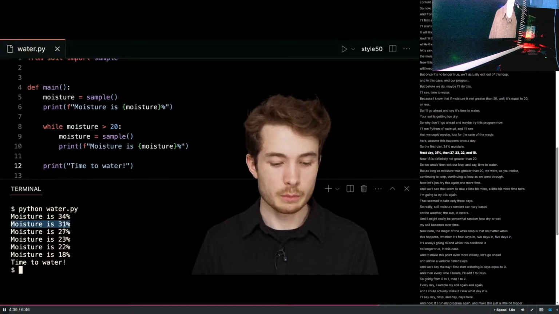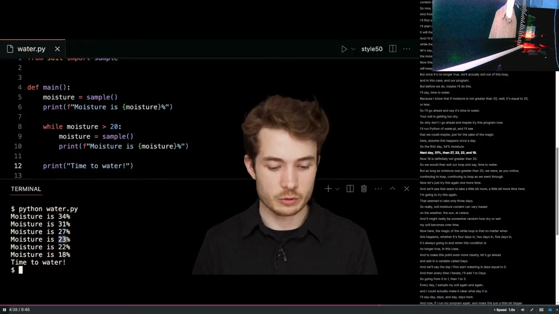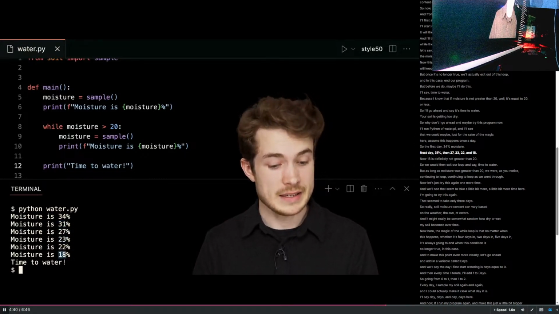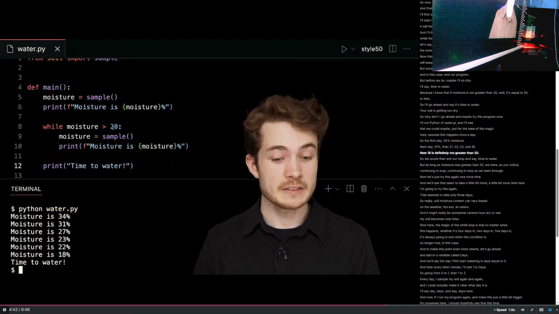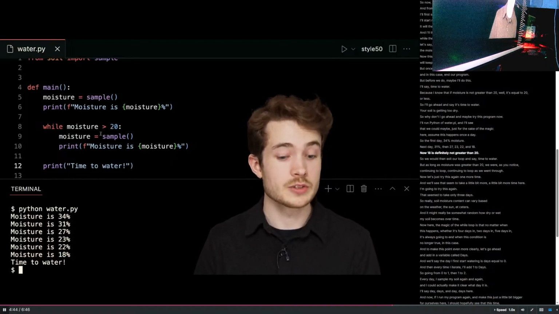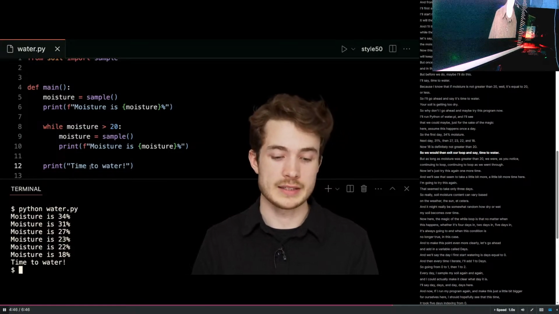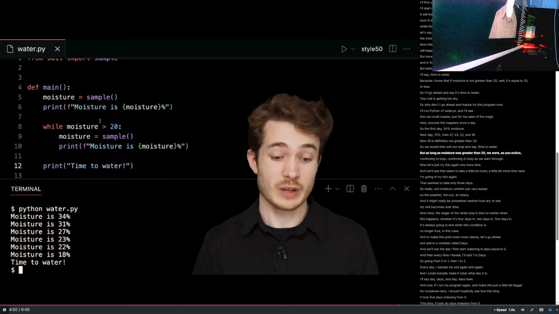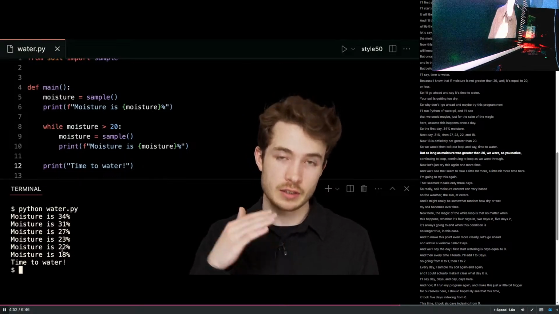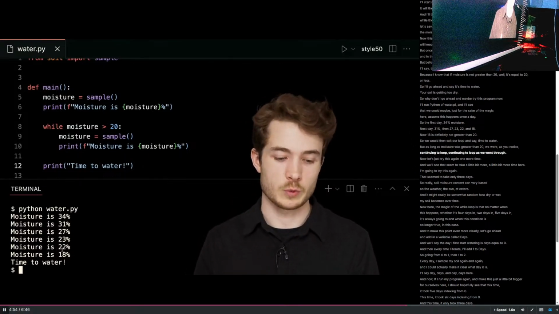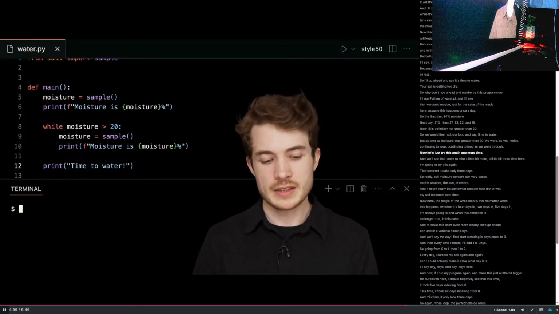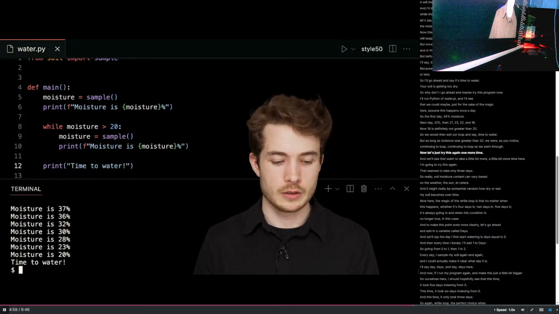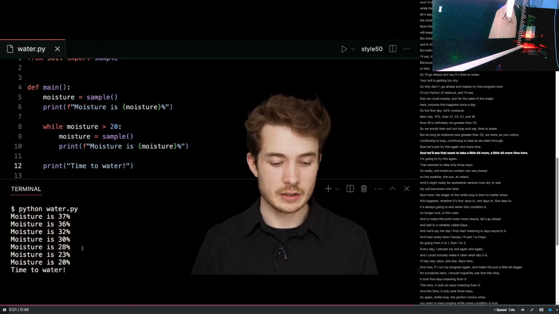Next day, 31%, then 27, 23, 22, and 18. Now 18 is definitely not greater than 20, so we would then exit our loop and say time to water. But as long as moisture was greater than 20, we were, as you notice, continuing to loop as we went through. Now let's just try this again one more time, and we'll see that seemed to take a little bit